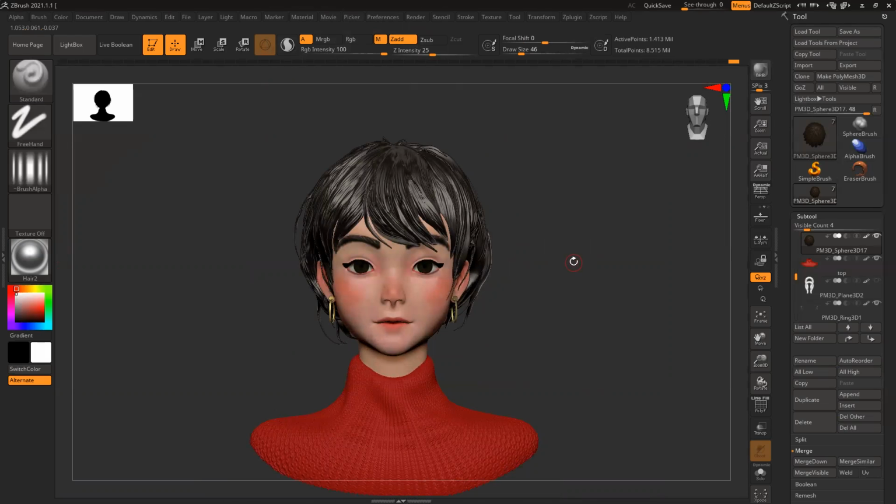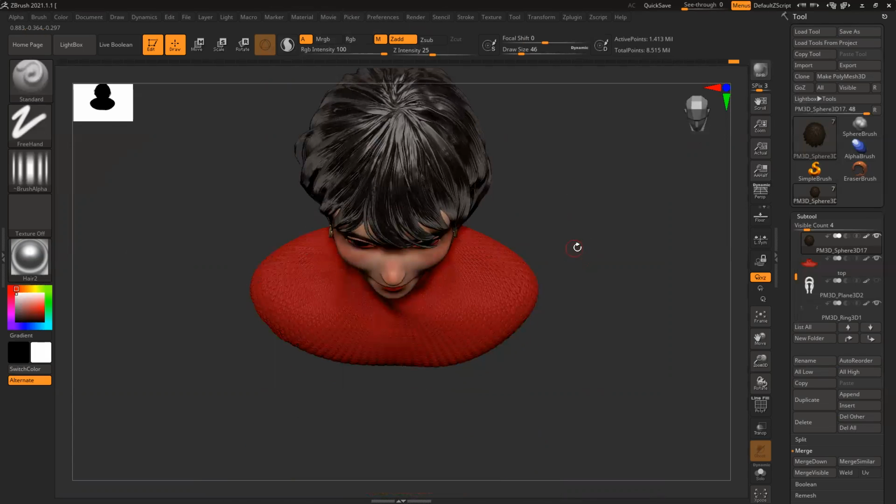I can apply hair materials. You can see I've applied this, so I can see each and every stroke, whatever I have painted.